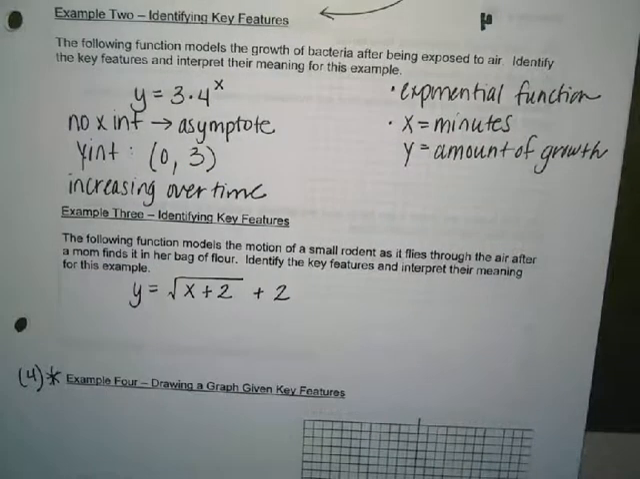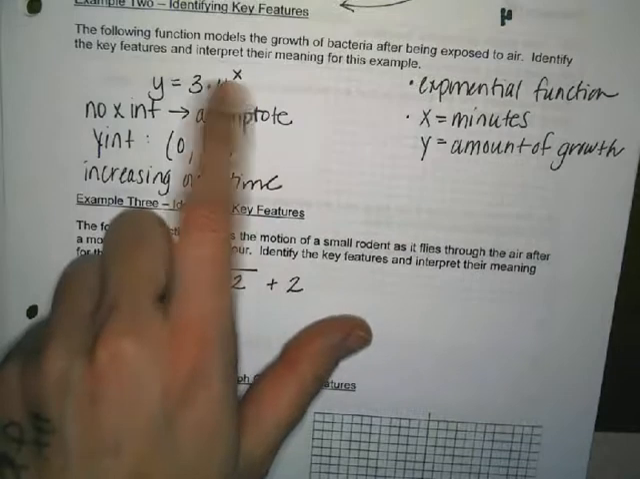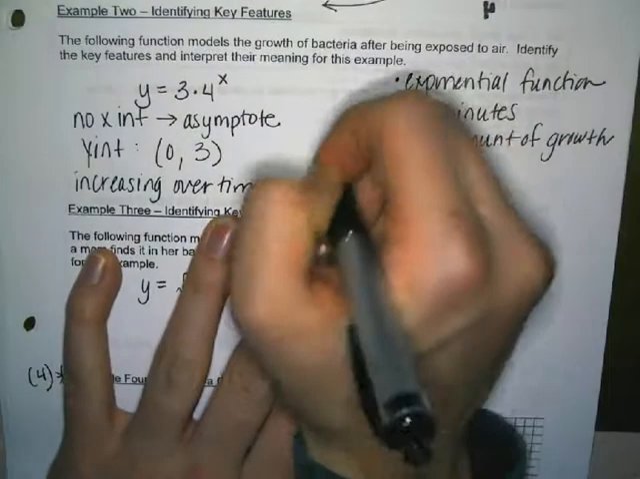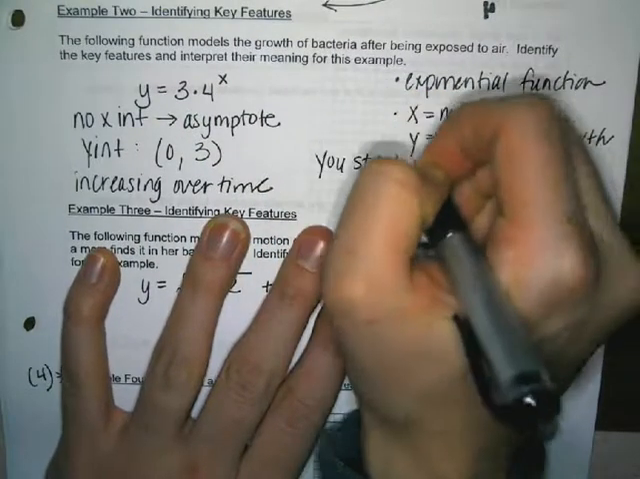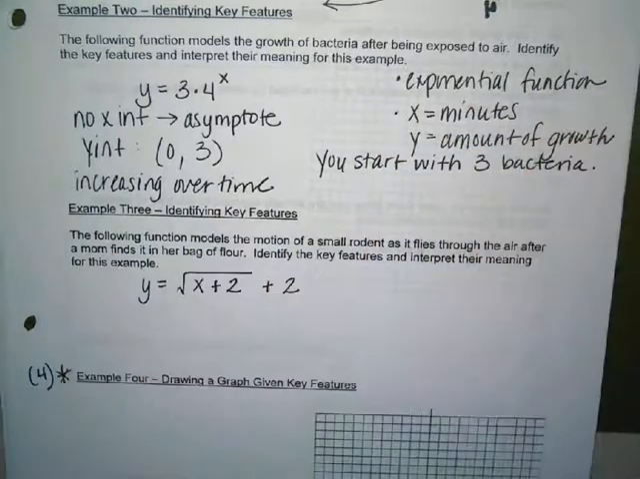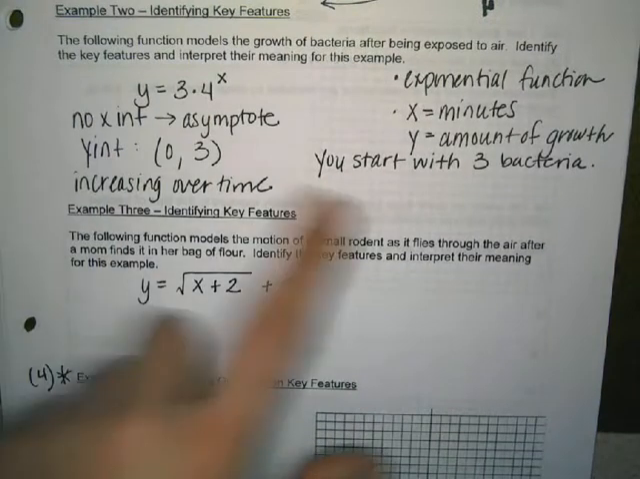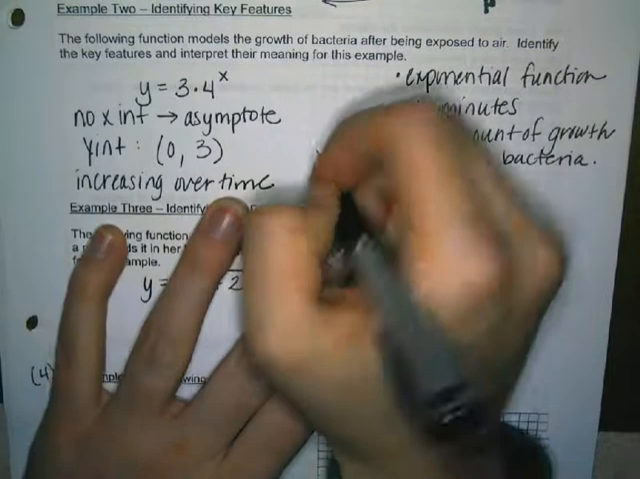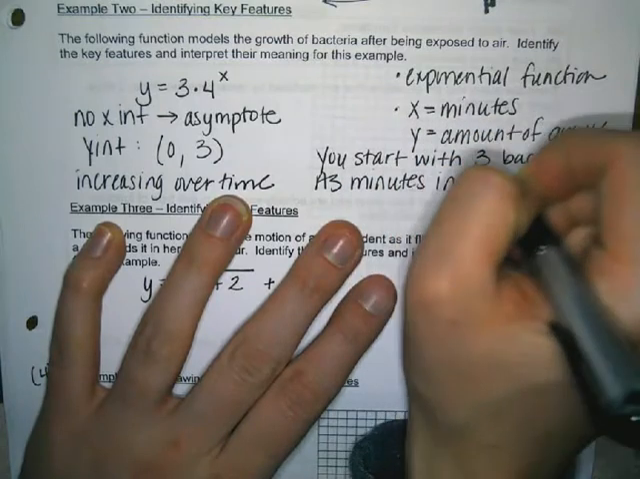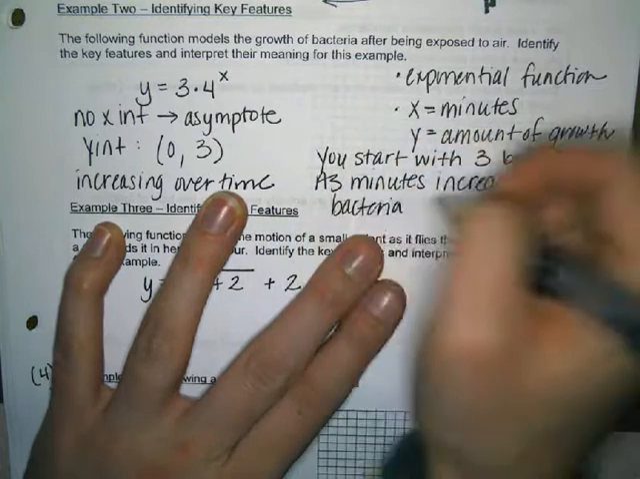So let's talk about what that y-intercept is. If your minutes is at 0, then that 3 represents the amount of growth when you start. So maybe you start with 3 bacteria. Okay, so I don't know if it's 3 pods or 3,000 or whatever, but we'll say we start with 3 bacteria. As your minutes increase, bacteria grows